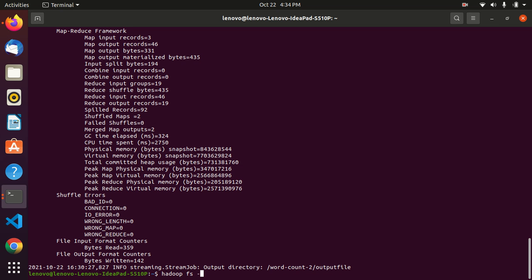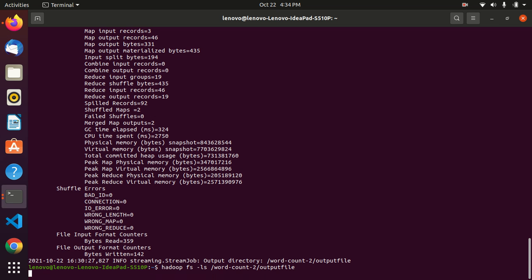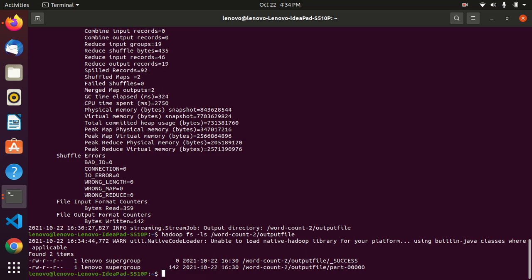Like to check the contents, we use ls slash wordcount slash output file. It will show the contents of what is present here.